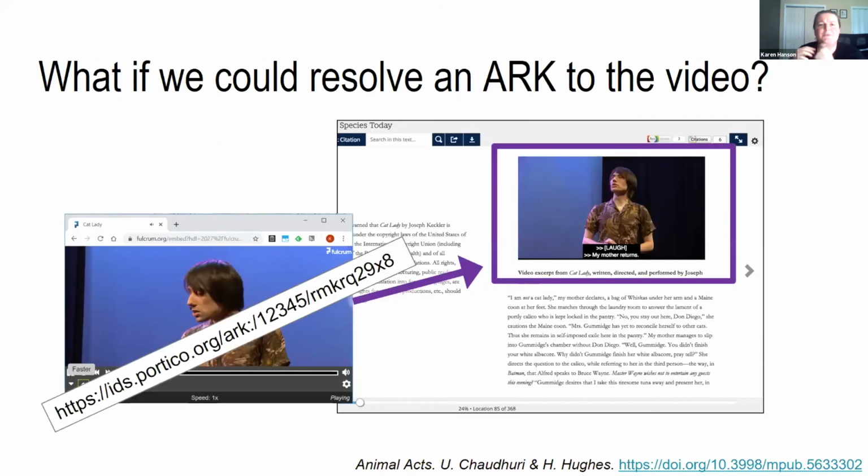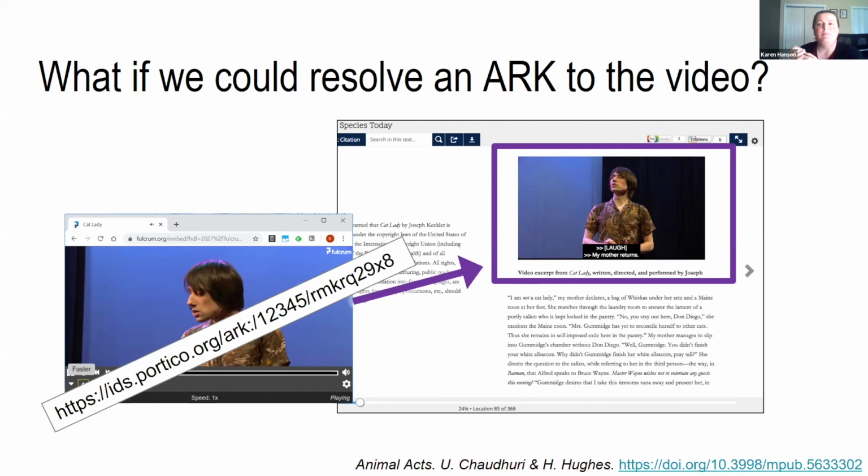So on the one hand, we could do something like a PDF/A and move the resources inside the file and have a really large file. But alternatively, one other option might be for access. If we had an ARK ID resolver, we could replace the links that are embedded with a link to the Portico resource version.